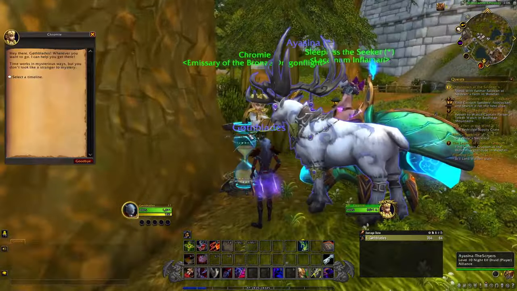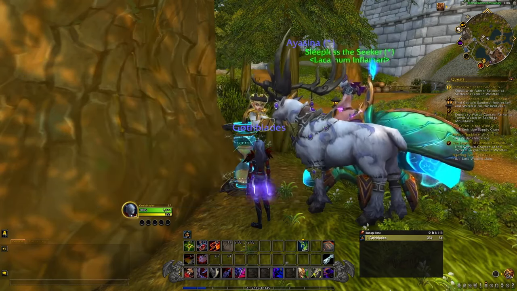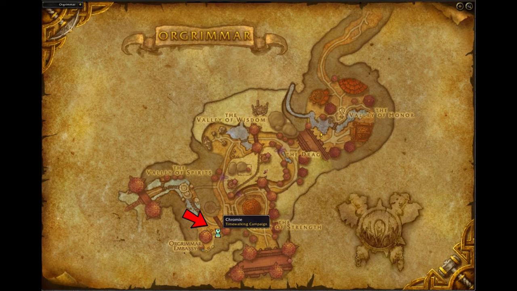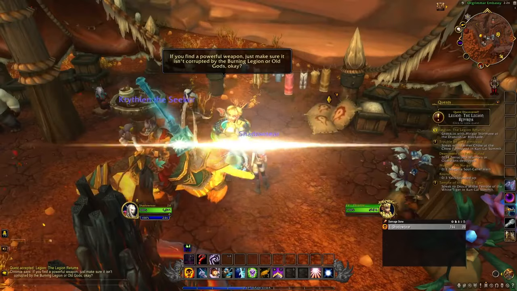To activate Chromie Time, once you have it unlocked, all you have to do is speak to Chromie, who is located in Stormwind for the Alliance and Orgrimmar for the Horde. Both locations are near each city's embassies, which I've marked on the map here. Chromie will give you the option to pick an expansion/timeline, and once you select one, you'll be given the start